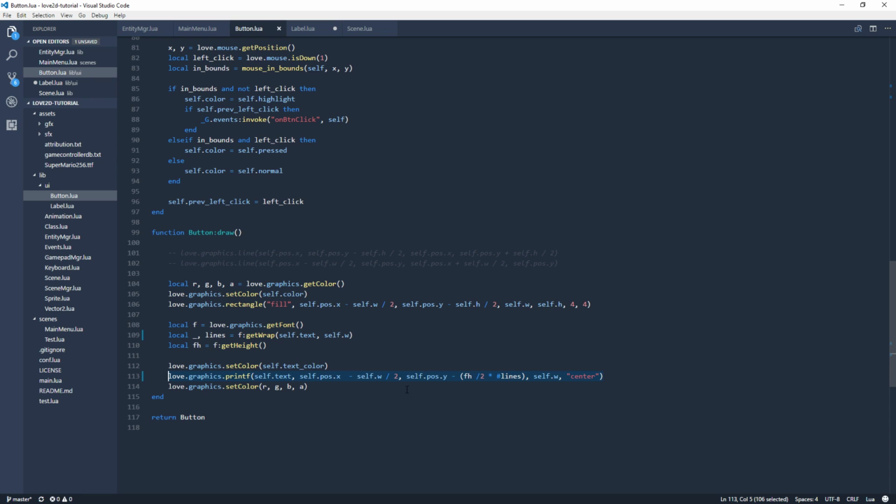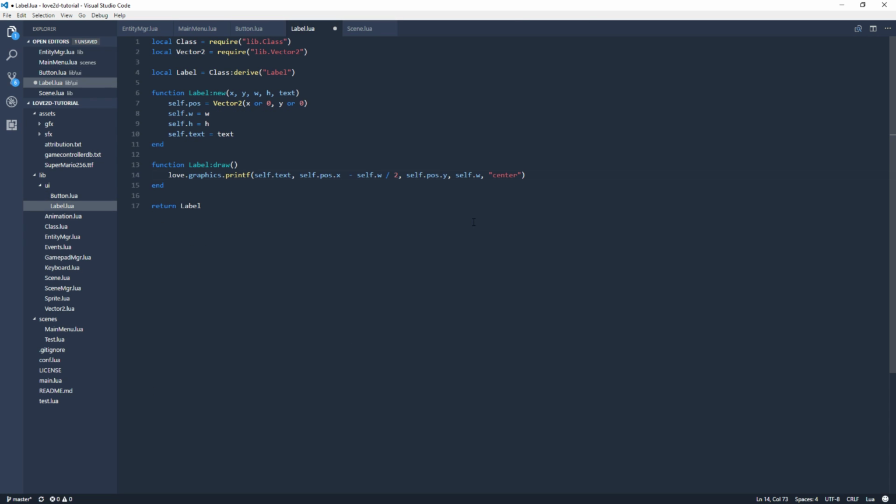What was that? Lines? We had a wrap, didn't we? Yeah, we'll have to do some of this later. We'll just get this working for now, and then we'll do it later. And let's see, let's say alignment, and we'll do